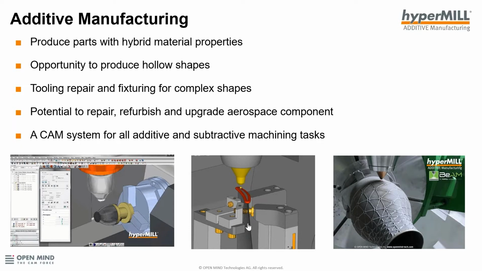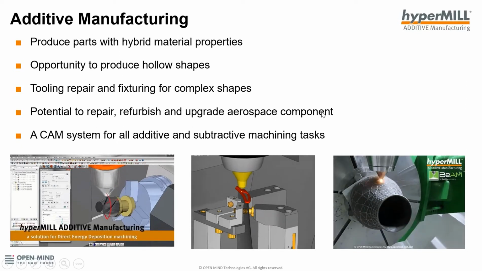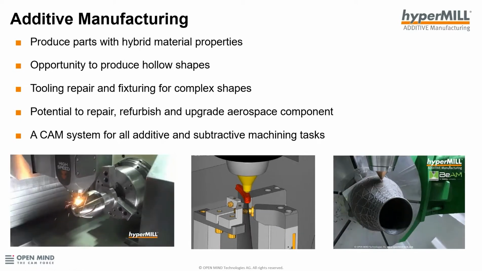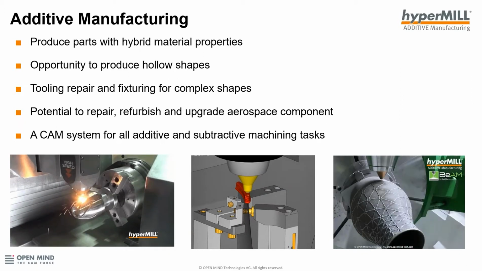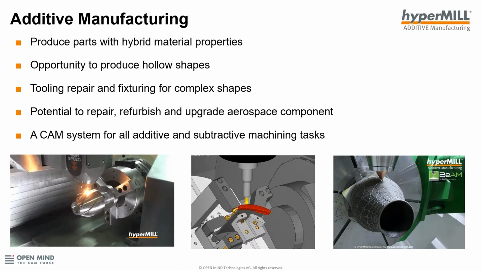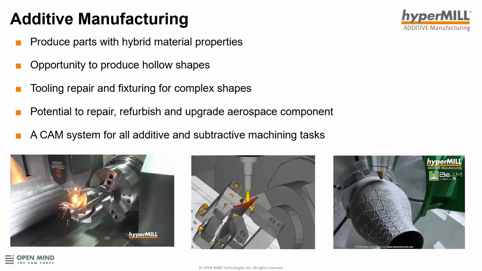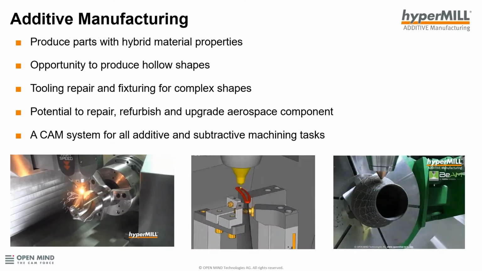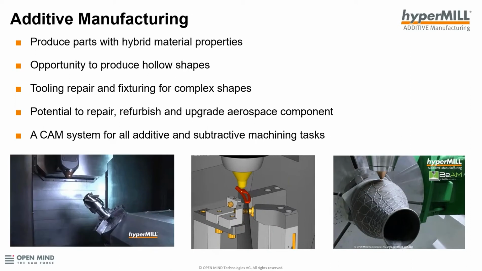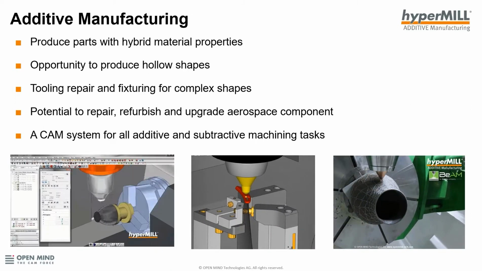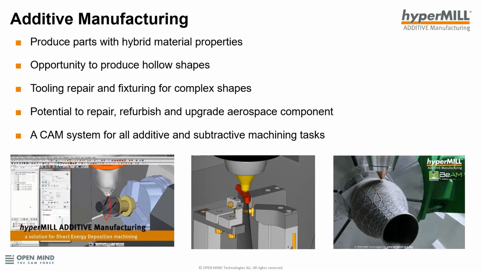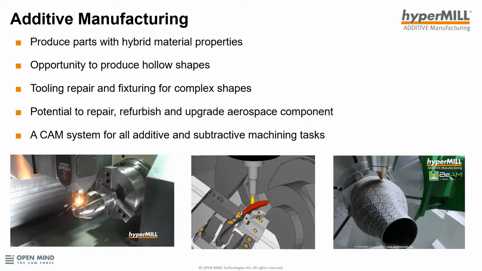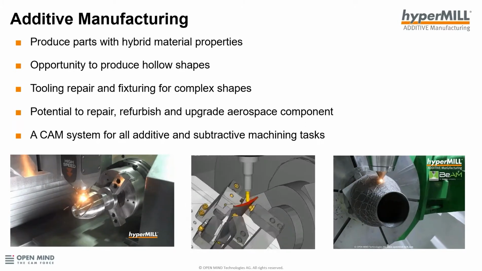So you're seeing these various videos at the bottom related to aero engine components, from left to right. You can see there is a propeller where we're adding the blades by additive technology. In the middle, there's a single blade where we have added Inconel just on the leading edges where you really need Inconel and you don't need to have a complete blade. And on the right hand side, we are seeing an engine nozzle that is being